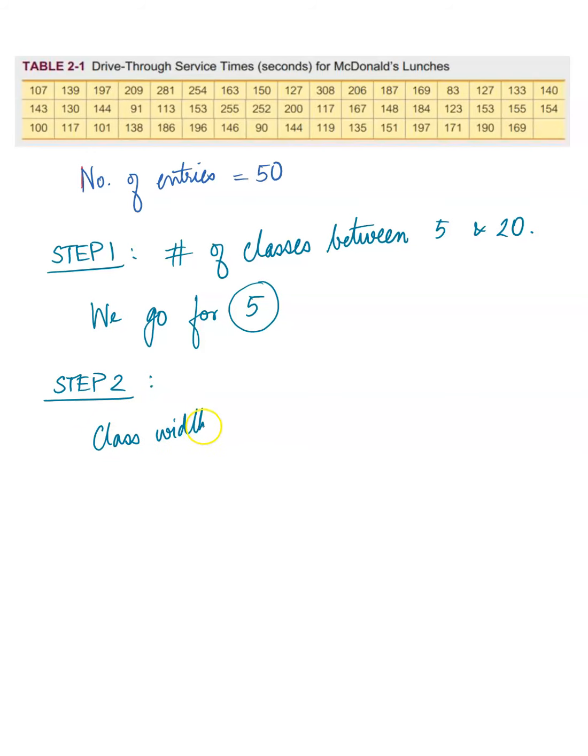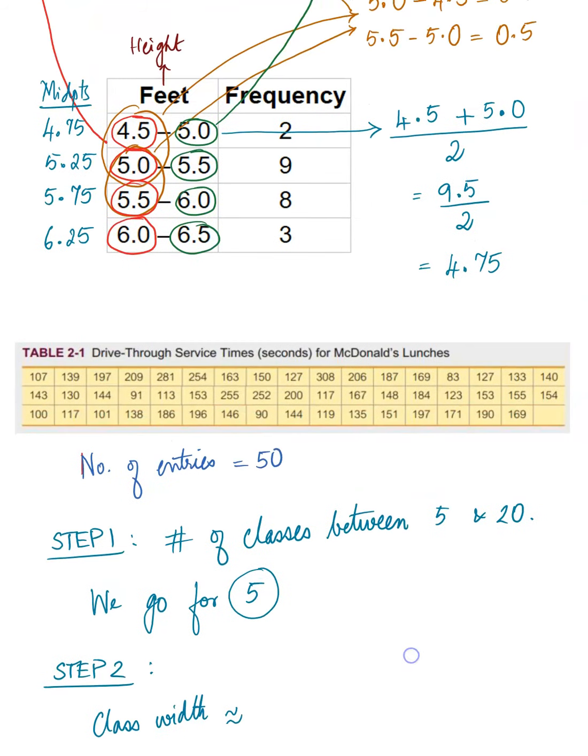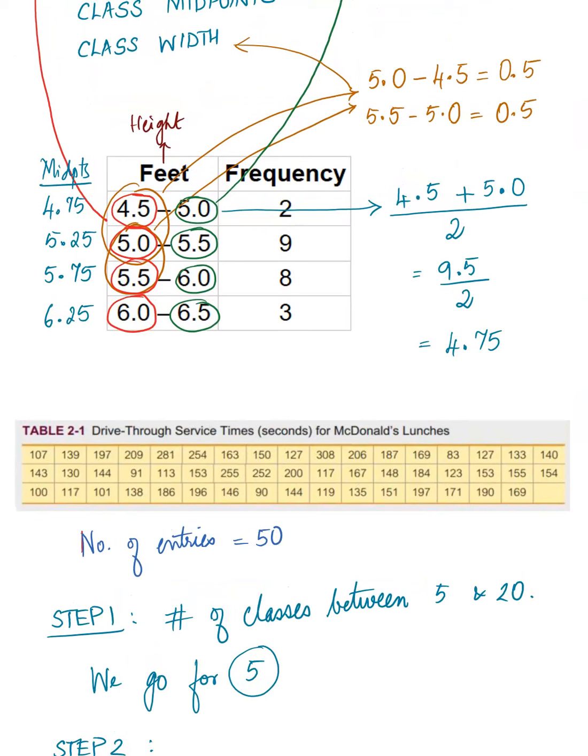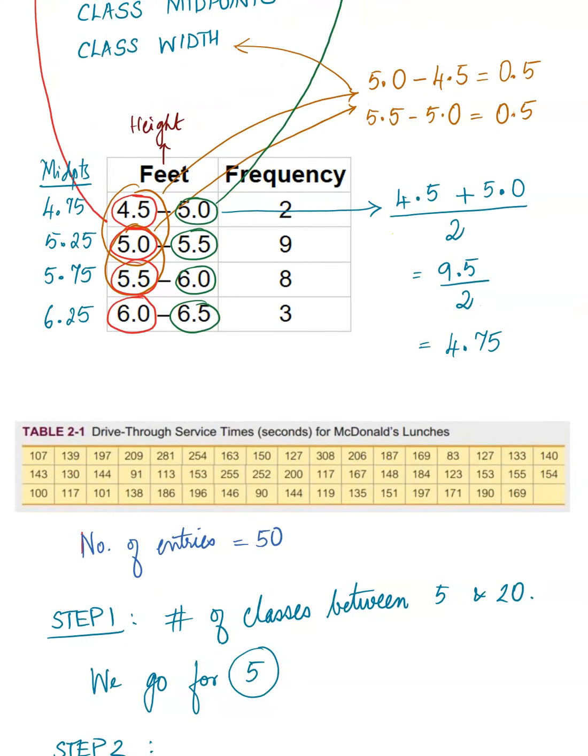So this is the general formula that we will use. I put an approximation symbol because you might sometimes get decimal answers, and if you don't want that, you just want a convenient number, right? You want your width. Like in the previous example, the width was 0.5. There it made sense because you're talking about the height. You can't go from a whole number to another whole number because you'll be bunching them up too much. Especially since it was the height of high school students, that's the age where they grow. So it really matters in terms of how you break it down. So the decimal there makes sense. And also it's an easy decimal. 0.5 is easy for us to